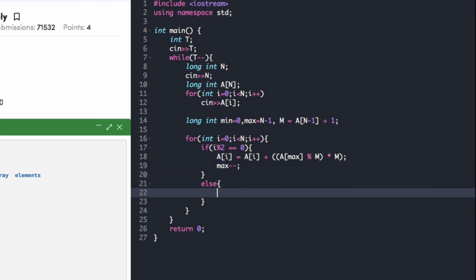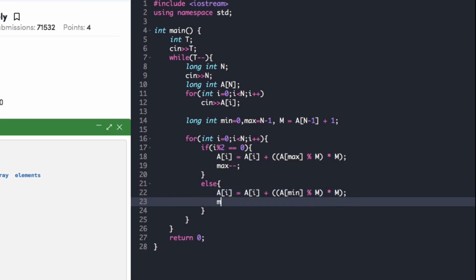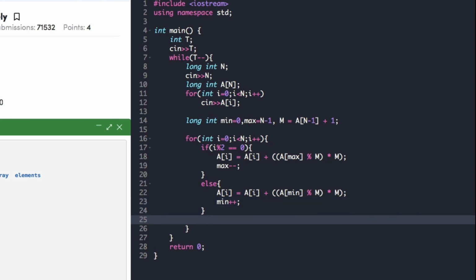Similarly, in case i points to an odd index, then the formula would be somewhat the same. The only difference is that instead of max, we would use min and then increment the value of min. And finally, as we want the second value among the two values which are stored at a single memory location, we can print a of i divided by m.